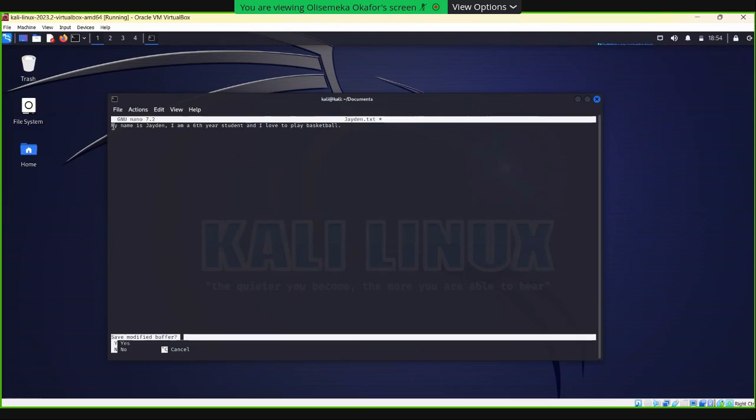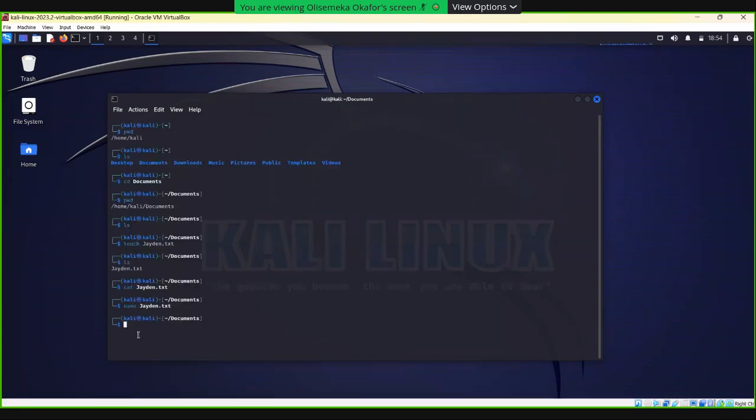That means, do you want to save this new text to our file? And the answer would be yes, because that's what we want to do. So we type Y. And now file name to write, Jayden.txt. It's confirming again. Press enter. And now we have saved our file.